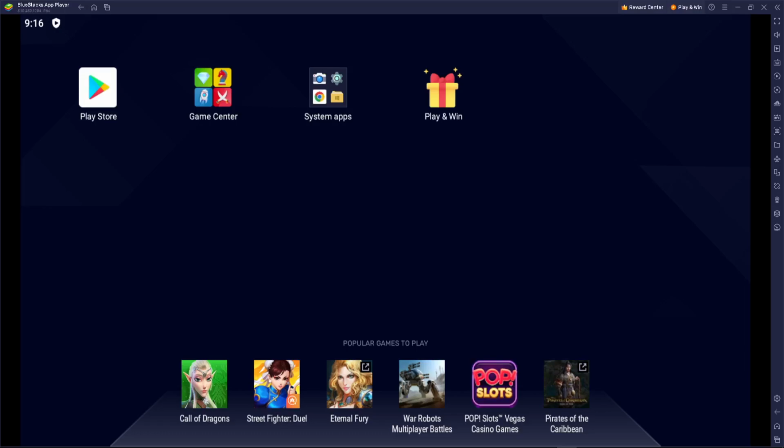Now as you can see, the application I have opened is the BlueStacks apps player. If you want to know how to download this app, then be sure to check our previous videos. Anyways, to begin, what we're going to do is open our BlueStacks, and we want to make sure a few settings are ticked off. We're going to go to settings, and as soon as it loads,